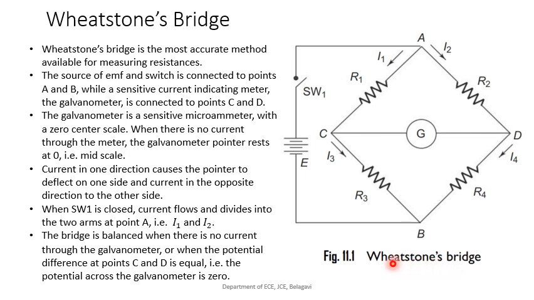Like the resistance of some component or the resistance of some wire that you want to find out. Or if you have a component whose resistance you don't know, then you can connect that in this bridge, and you may be able to find it out. Normally R1, R2 and R3 will be something that you know, or the values of these resistances will be known. This R4 may be unknown.